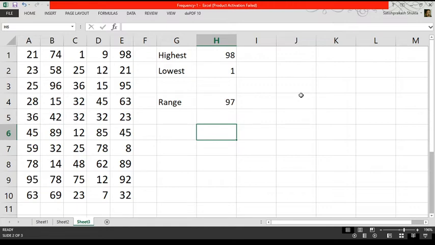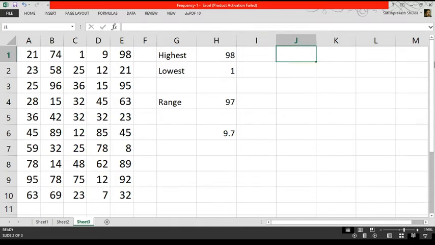Now we have to find the number of classes to be used in the distribution by dividing the range by the class length. For that we will write in this way: 97 divided by 10. We will get here 9.7. The whole number next to this number will be the number of classes for our frequency distribution, and 10 is the number next to this and greater than this. So 10 is the whole number, so our number of classes will be 10.